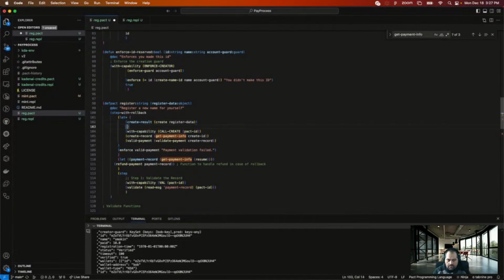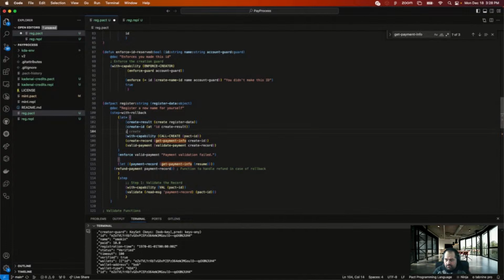So this would be create dash ID at ID create dash. Yeah, we'll get to the capabilities in a minute. And then we need some type of, whatever. Enforce.